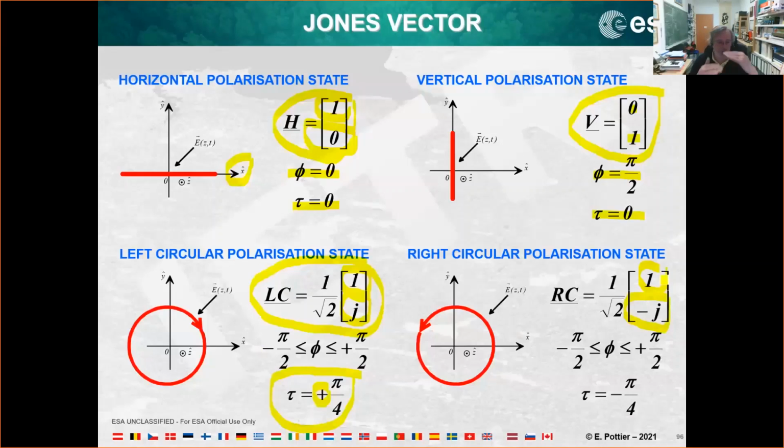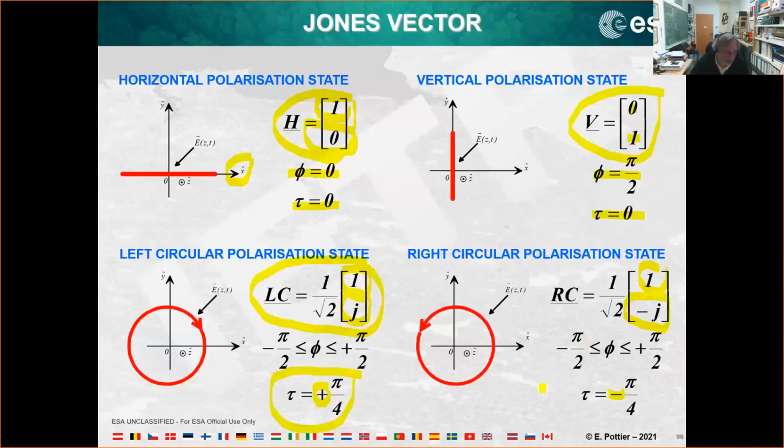So one of the components will be delayed by 90 degrees phase compared to the first one. And so if I derive the geometrical parameters, I shall get exactly the same thing, except for the ellipticity. And here I shall get a minus sign, which corresponds to a right-handed circular polarization.